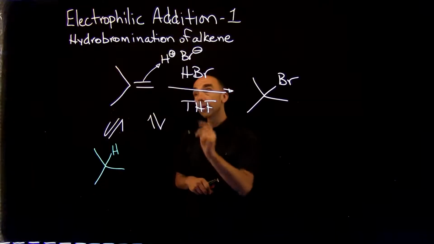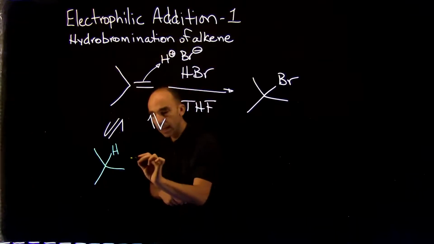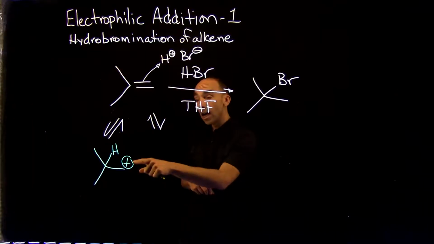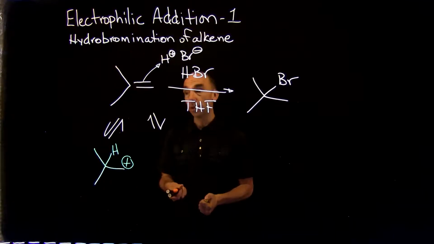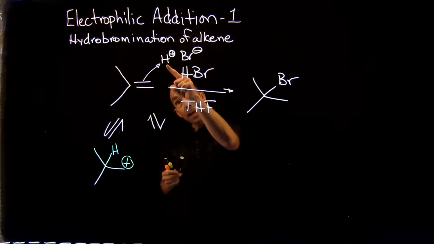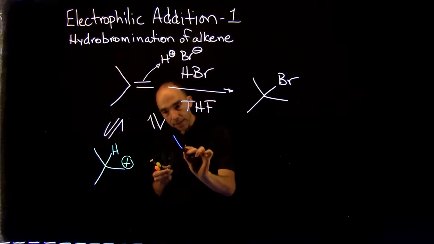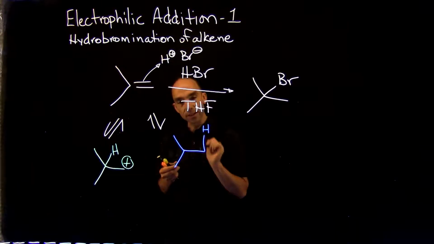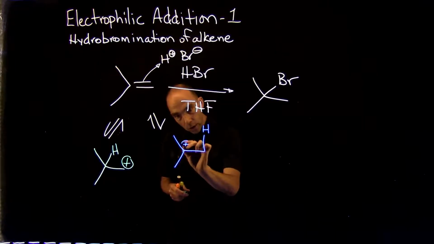this intermediate. So attachment of the hydrogen, the two electrons are used to make a carbon-hydrogen bond. This will result in a carbocation, formation of the positive charge on the least substituted carbon, on a primary carbon. We'll see that very soon. The other possibility is the attachment of the hydrogen on the other side of the alkene. That will generate a different intermediate with the hydrogen attached at this position, forming now a carbocation on the most